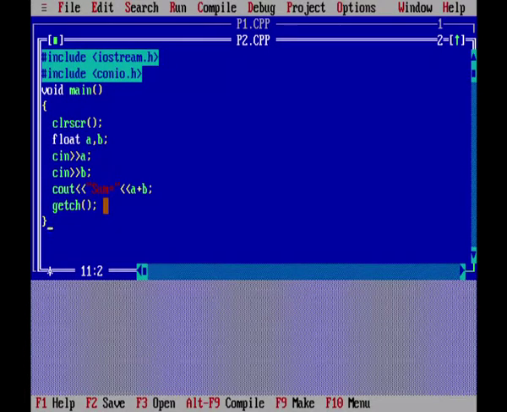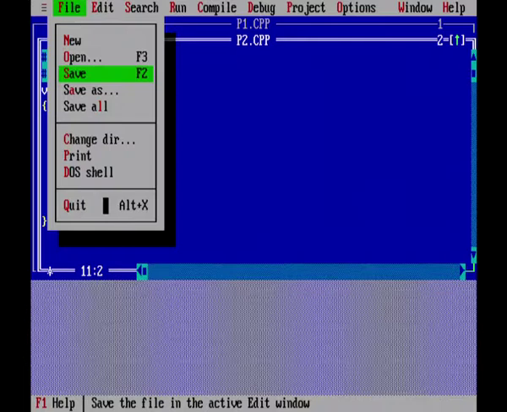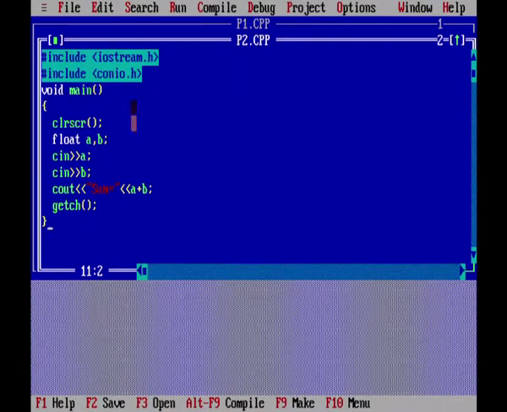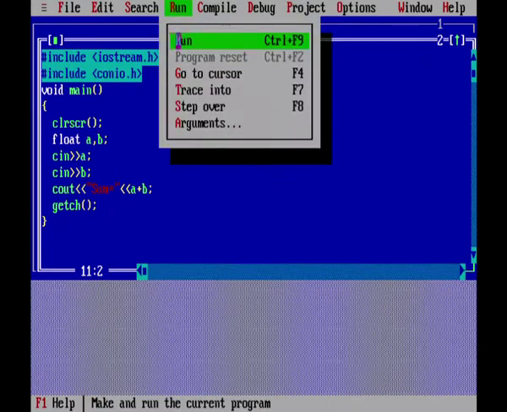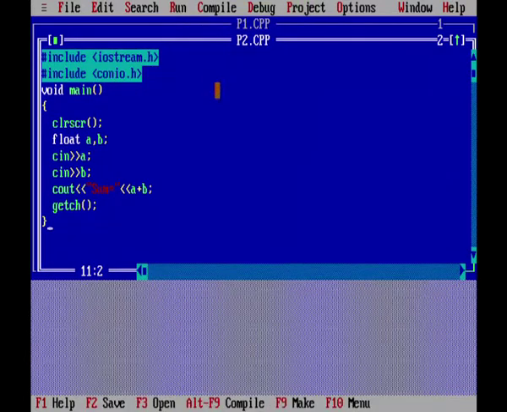Before running the program, we must always save the program because sometimes the program crashes, and then if we have not saved the program, then we have to type the same program again, the whole thing. So, it is always a very good practice to save the program before executing the program. Save it. Now, execute it. I go to Run and then I click at Run, or I can press this shortcut Control F9 also. For example, here I say Control F9, my program executes.